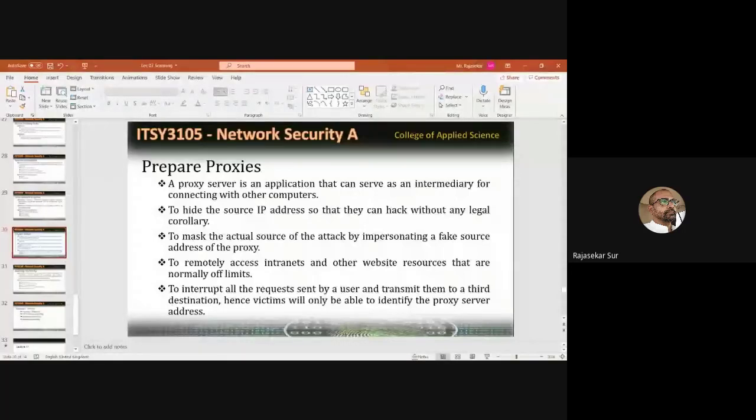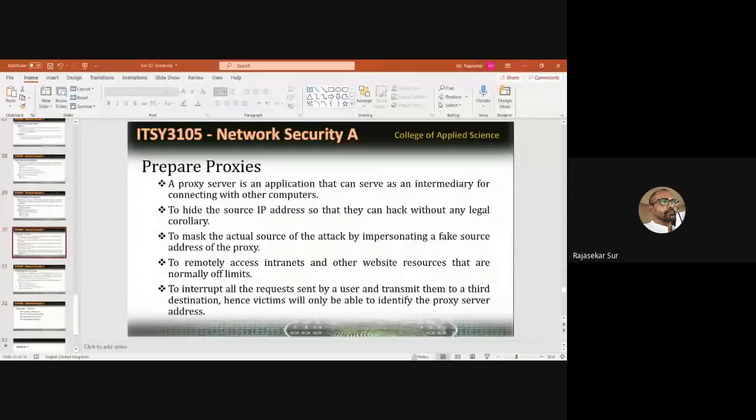This machine will hide the source IP address. You might have heard about network address translation, NAT. What does that mean? If you work inside the college, you will be using a private IP address, an address starting with 10.0.0. Your IP address will start with 10. But using a private IP address, you cannot communicate with the internet. If you want to communicate outside, through the internet, with another machine, you need a public IP address.